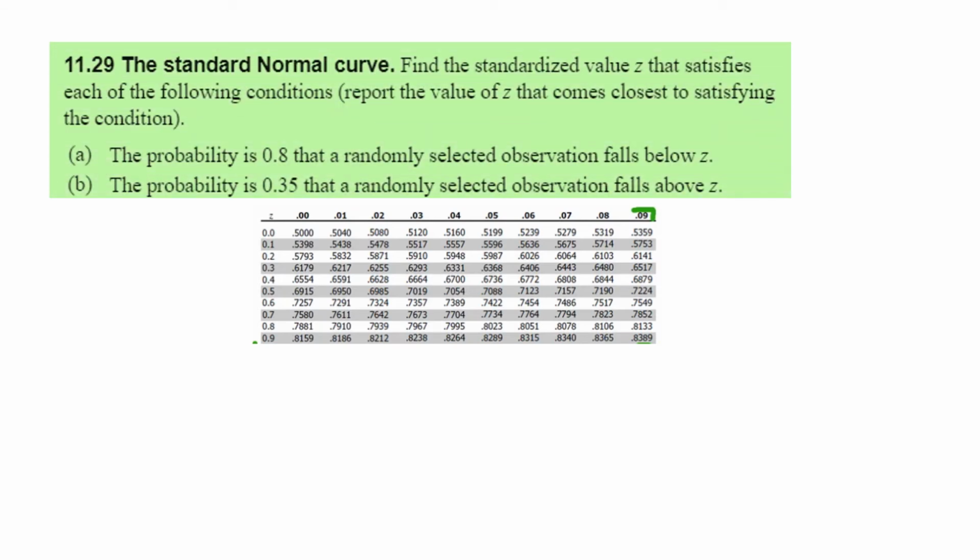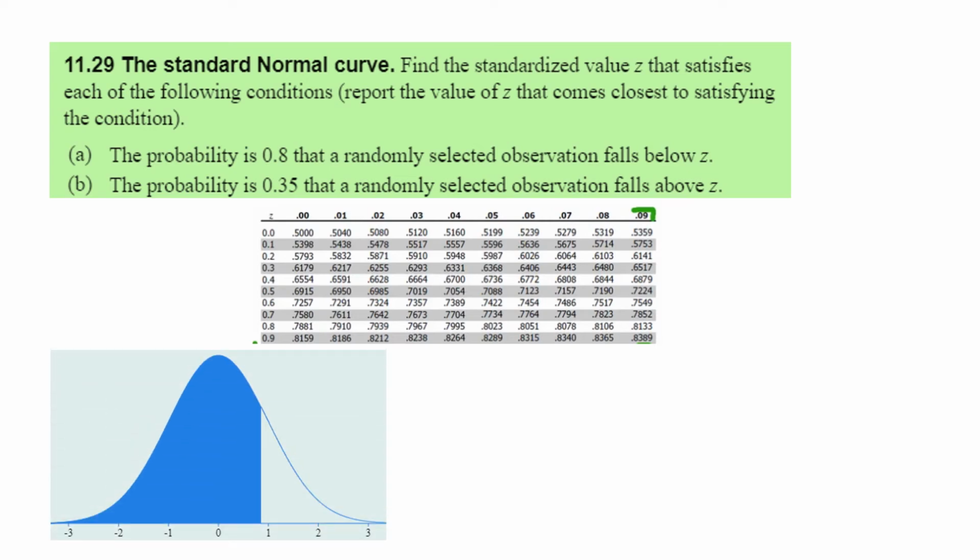Let's try to find the standardized value z that satisfies the following condition. The probability is 0.8 that a randomly selected observation falls below z, and the probability is 0.35 that a randomly selected observation falls above z. So for the first one, less than z, I need 0.8. Maybe I'm trying to locate a point somewhere here. Let us assume that this is the point I'm interested in. So to find this point, I have to search for 0.8